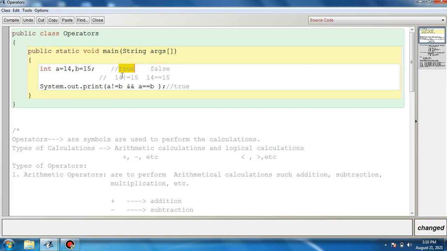Here, this first one, the logical relational operator not equal to, is true, resulting in true, and this one is resulting in false. Since one is false and one is true, this logical AND will also result in which value? False. Why false? Because the logical AND operator results in true value in only one scenario,